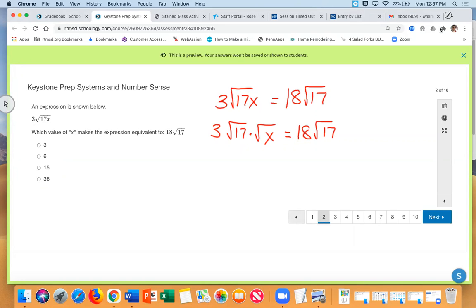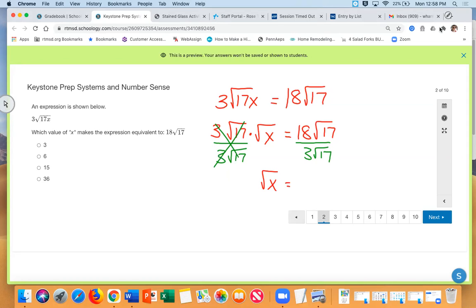Now, I'm viewing this root x as my variable, so I want to get rid of this 3 root 17. So I divide by it. I know I'm not allowed to, but I can. Numerically, I can. It's just not kosher. People don't like it. So I divide by 3 root 17. Now, this cancels, and on the left, I'm left with the square root of x equals